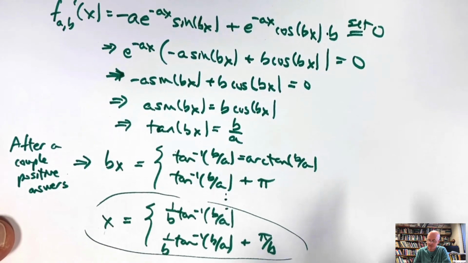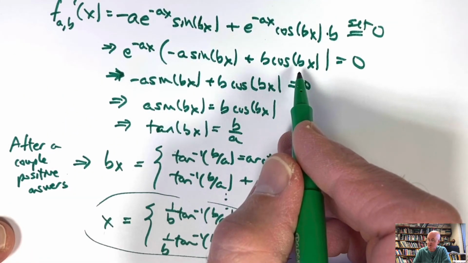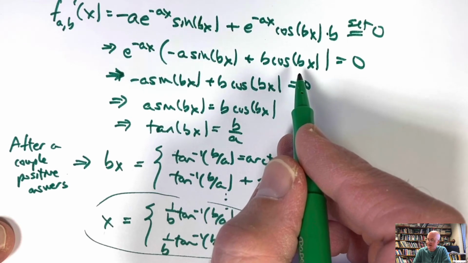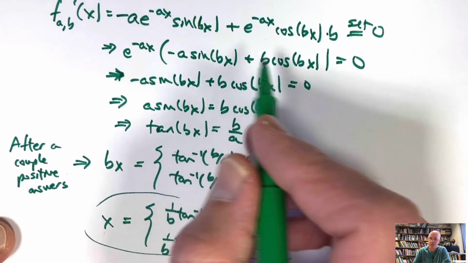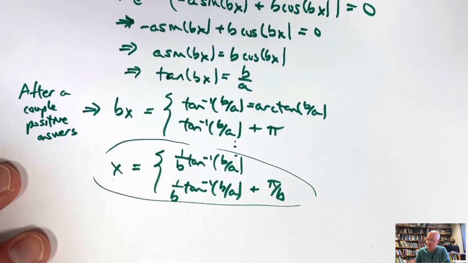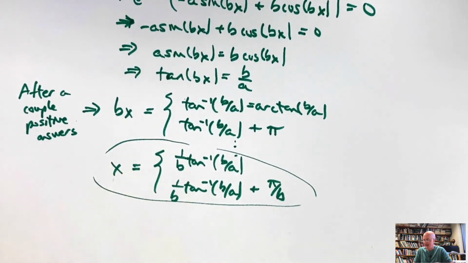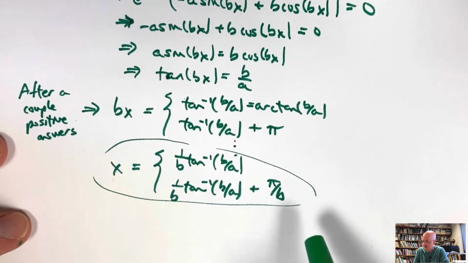The first and second derivative tests seem difficult. It seems difficult to think about how the sign of this changes, though in theory you could. It also seems difficult to think about taking the second derivative, though we could, and plugging these critical points into that. This is where we're really relying on technology. It's also difficult without technology to think about how these change as b changes and or a changes,